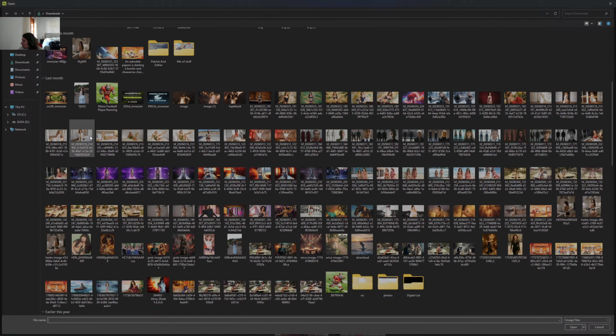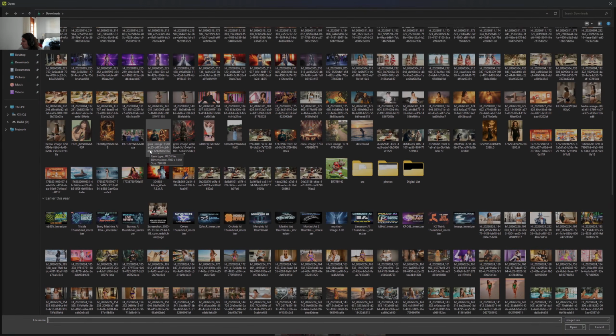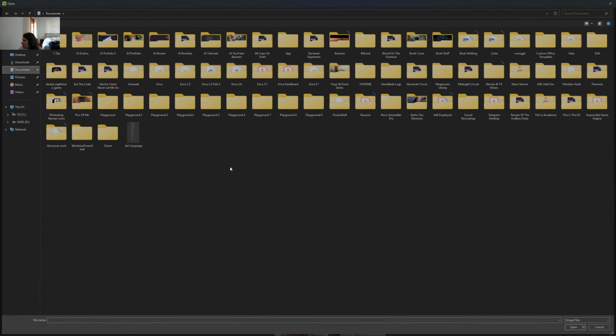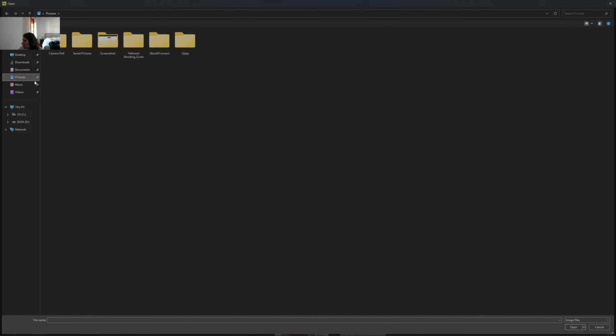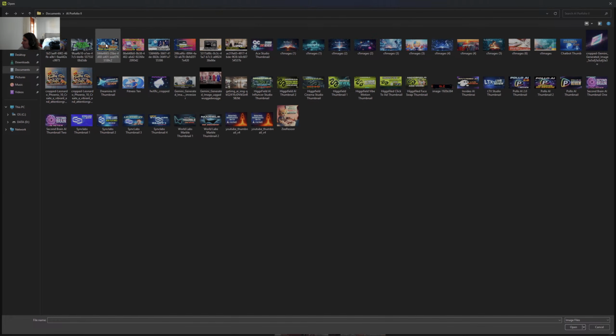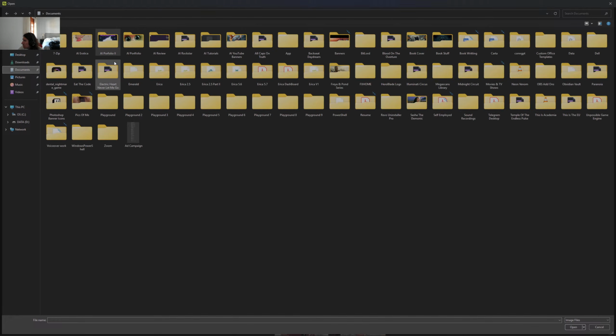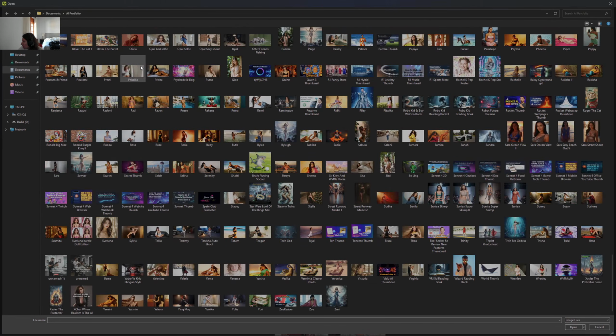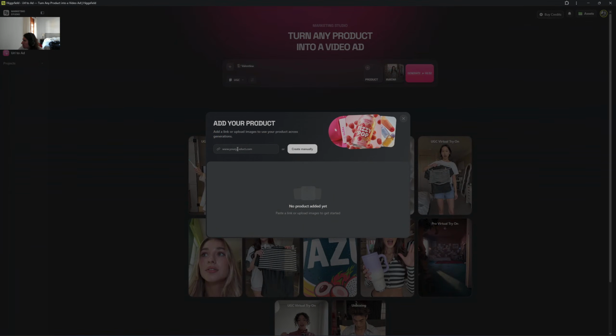I've got all this stuff, but I don't really have many products, unfortunately. They're just models and everything. So go to documents. I don't even have much in my pictures or anything like that. I have my AI portfolio, but even that doesn't have any products. So we can see if there are any. No, I don't have any products. So we can just go in with a URL, and we're going to get the URL right now.